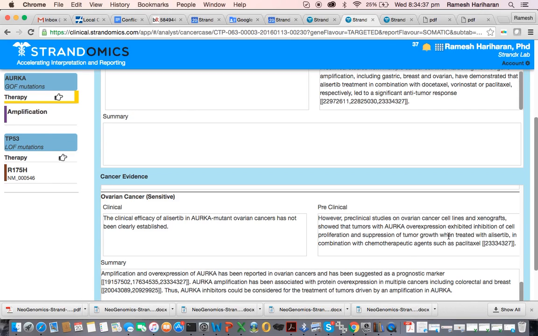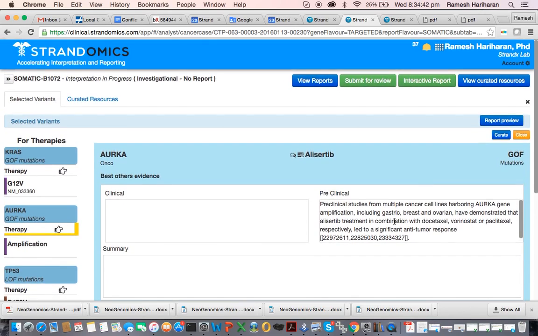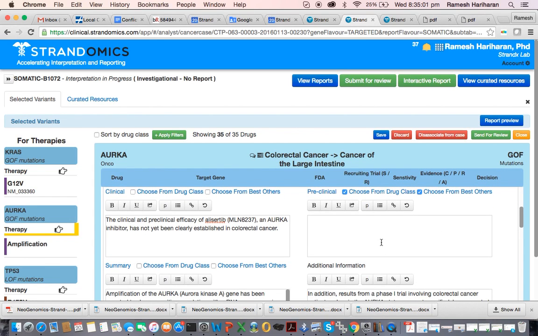Different ovarian cancer, there is some evidence. So you could pick across all of these and then write a global summary that's pan tumor type, saying preclinical studies from multiple cell lines harboring ORCA amplifications, including gastric, breast, ovarian, have demonstrated treatment benefit in response to this drug. So whenever there isn't